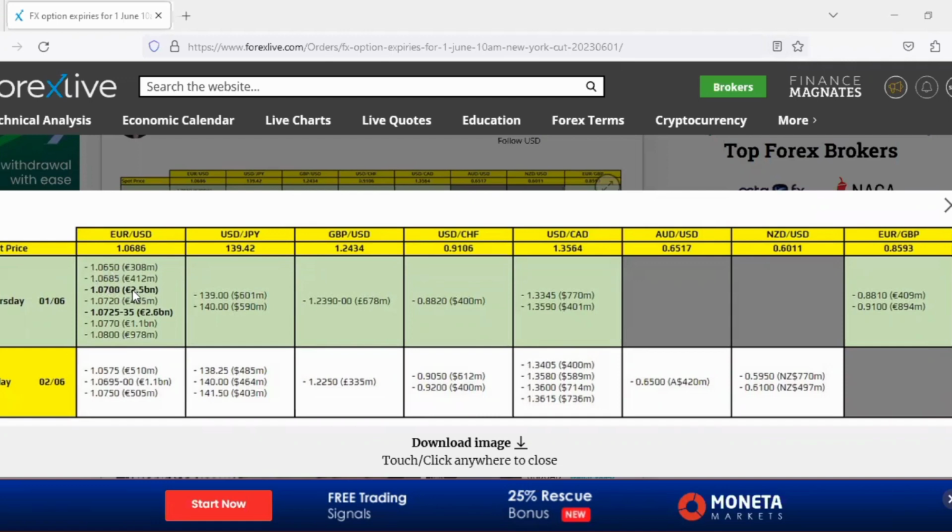And we're having the highest order to be 2.5 billion, which is 0700, and 0725, which is 2.6 billion, all right? So this is telling me that I should try to buy on Thursday. I shouldn't try to sell on Thursday. Because when we look at our charts,